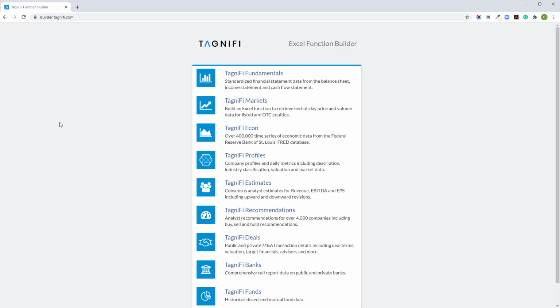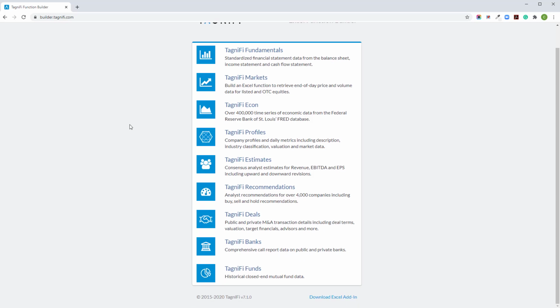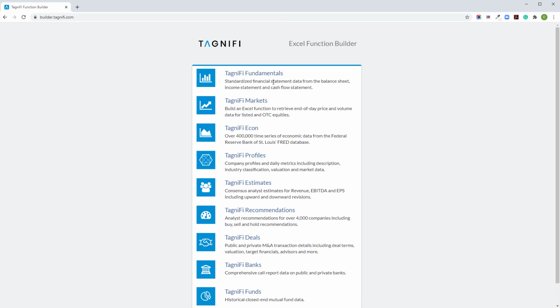So we go over to this browser window. You can see here's the Function Builder. And essentially all we have to do is select the data set that you want to pull data for. So for example, you can go to fundamentals, get financial statement data. Markets is going to give you like share price and volume data. Econ, that'll give you access to build functions for any of our economic data such as interest rates or GDP. Profiles, if you want to pull in any descriptive data or like number of employees for a company, you can